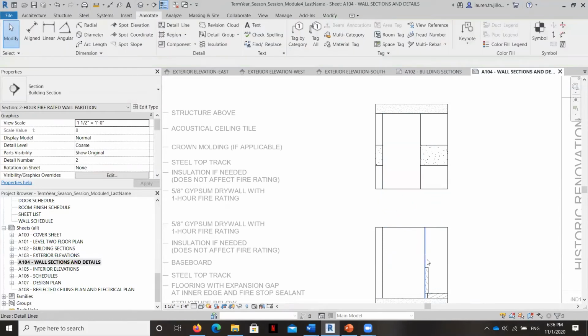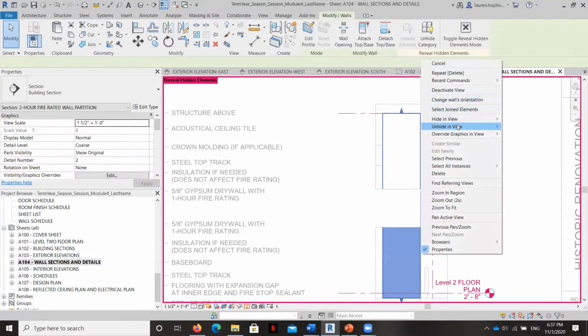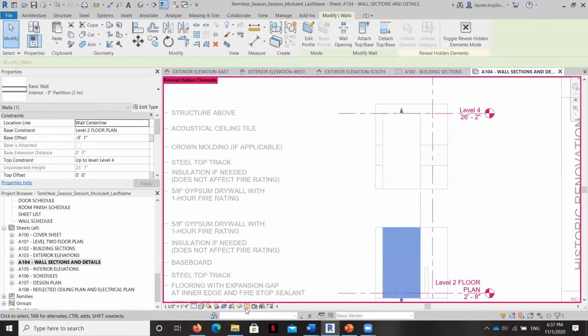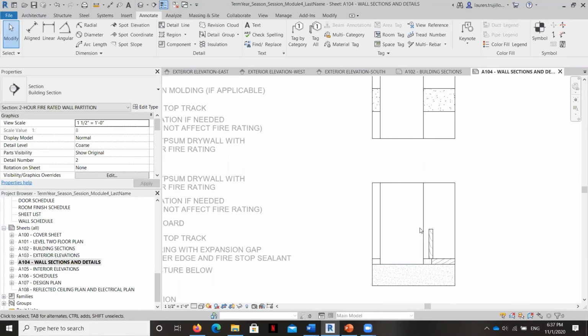So let me go ahead and unhide it for a second. Yeah, got hidden. Okay. So this wall, when you cut through it, is actually a concrete masonry unit, and you may have seen a concrete masonry unit. They're those big 8x16 concrete blocks with the holes in each side, and that you fill with rebar and concrete. And so that's what we've got happening right here.